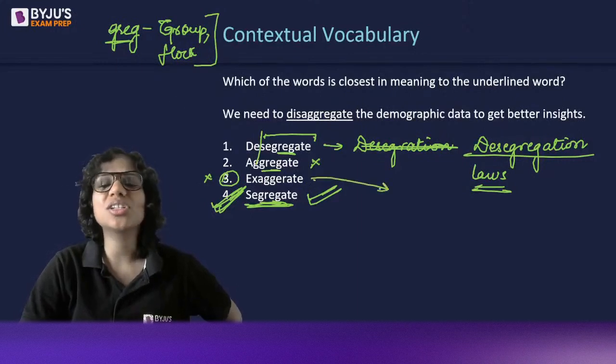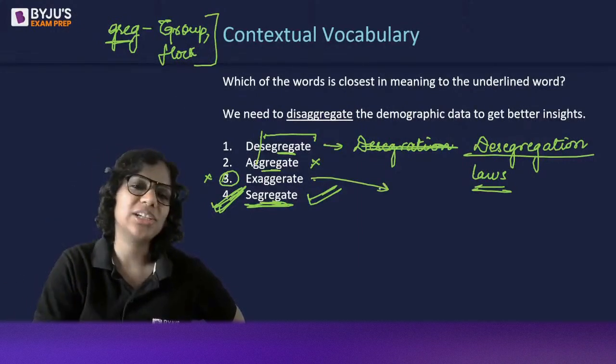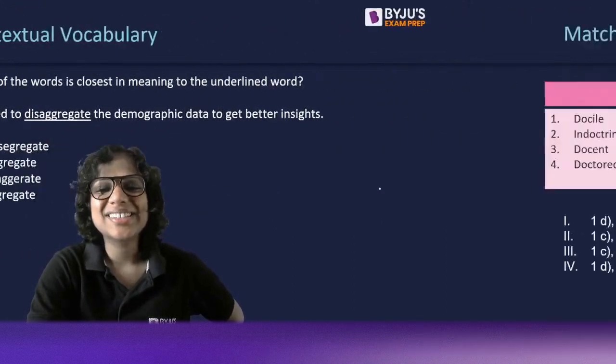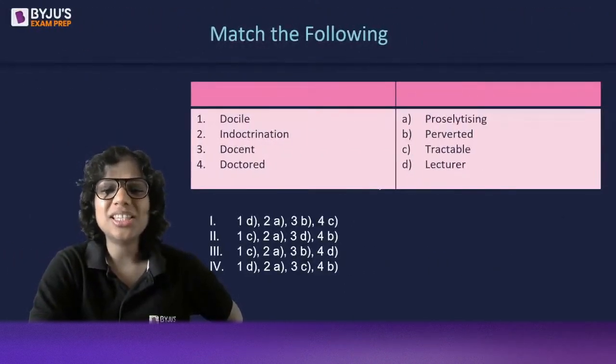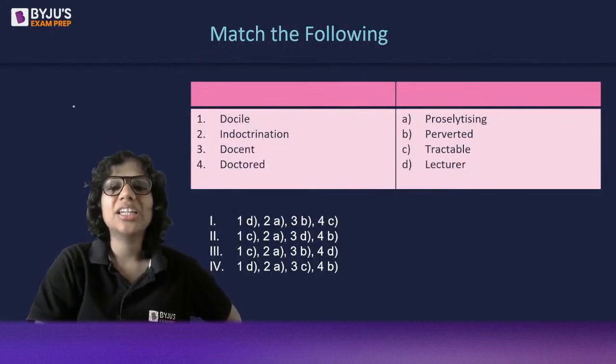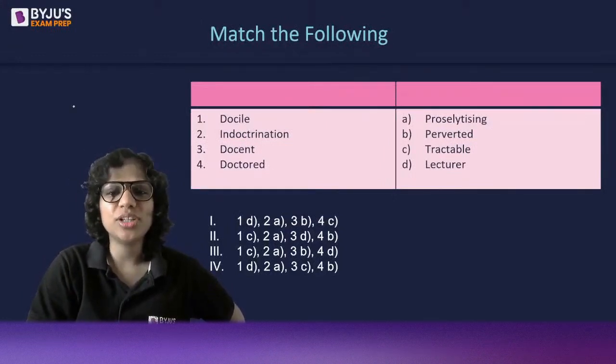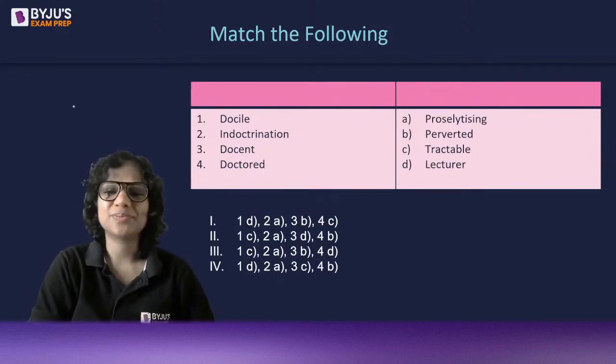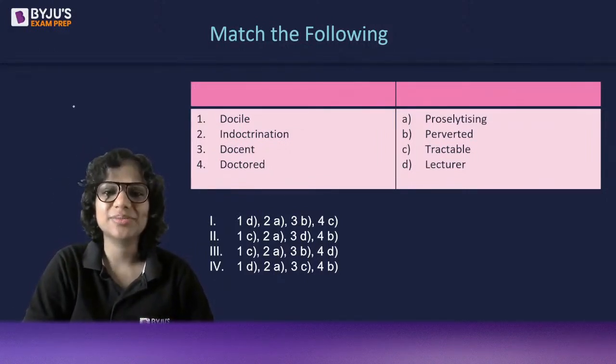I just gave it because it is similar sounding, so I wanted to confuse you a little. That's it. That was my only purpose. ठीक है? So segregate. Gregis means group or flock. Now, look at this. Match the following question here and tell me what the answer is. Last question for the day. Tell me, क्या answer है?